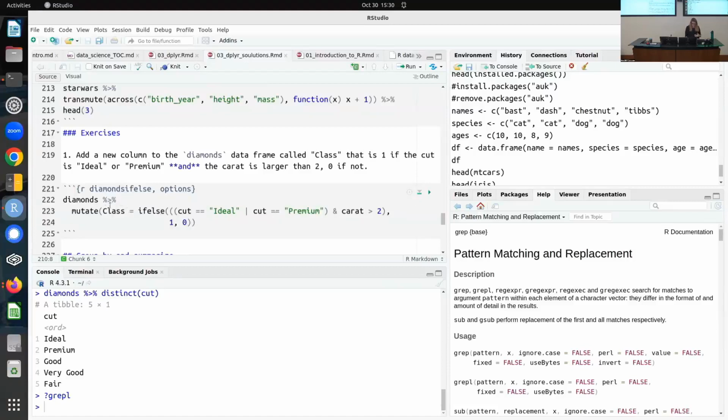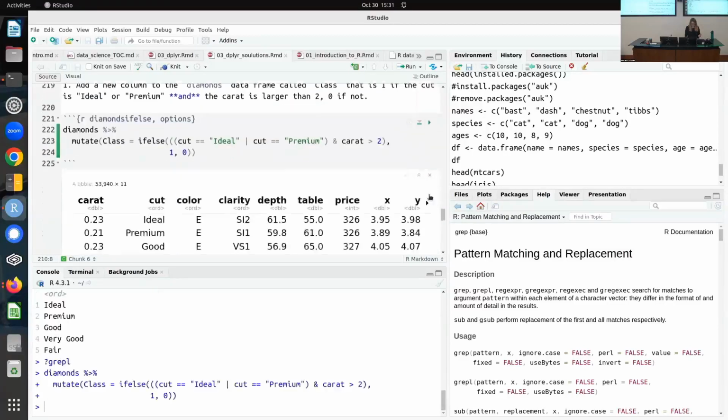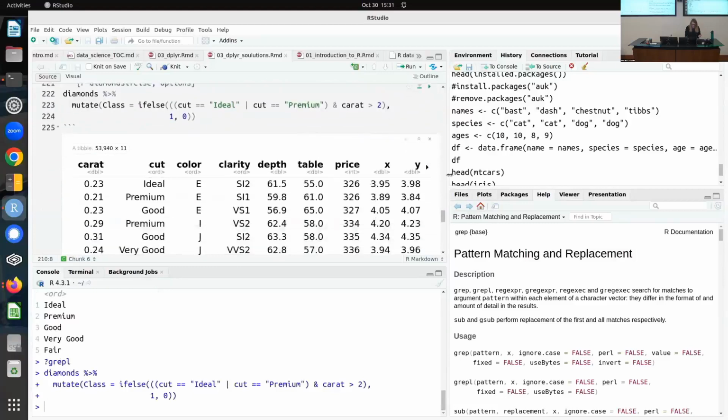And then class is going to be the column, so this if else statement has a logical statement here, and that's cut is equal to ideal or cut is equal to premium, and carat is greater than 2. That's a logical statement. It's going to be evaluated whether it's true or false. If it's true, it will return 1, and if it's false, it returns 0. It's an extremely useful function. I use it all the time. And that will